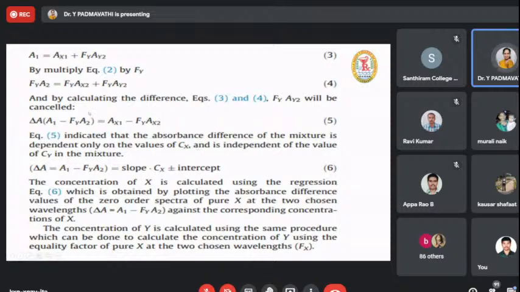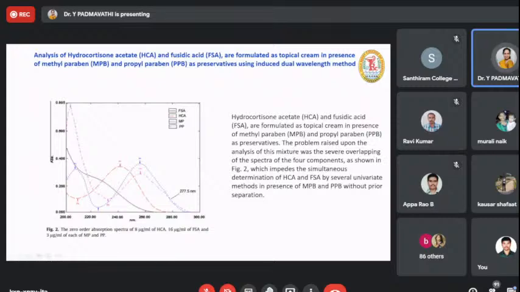So this is a simple method. You can apply it for all kinds of binary mixtures. I just gave an example where they did analysis of hydrocortisone acetate and fusidic acid in a topical cream formulation in presence of methyl paraben and propyl paraben without interference. You can see the spectra here, a good overlay of the four components: fusidic acid, hydrocortisone acetate, methyl paraben, and propyl